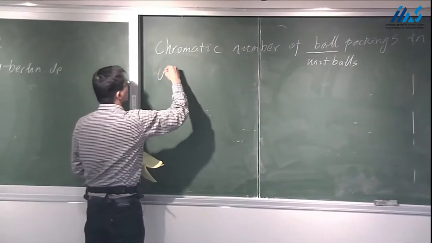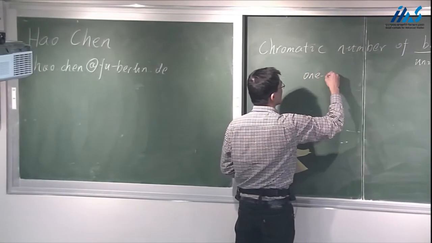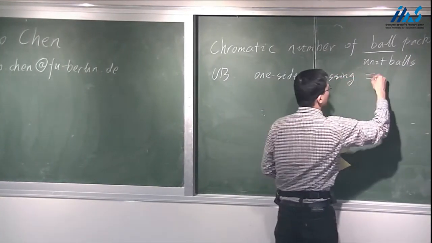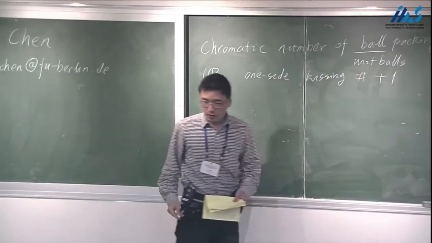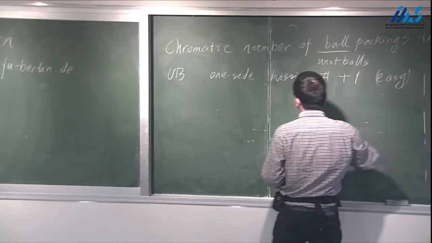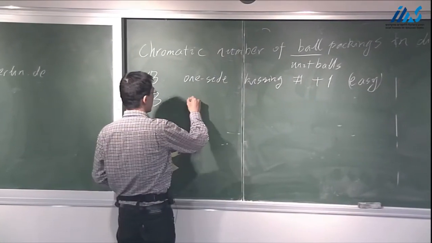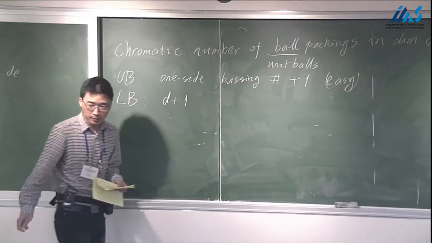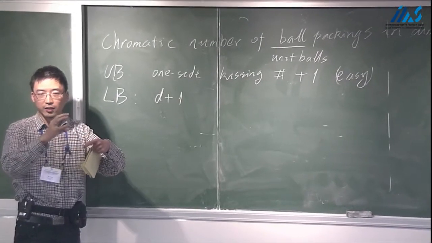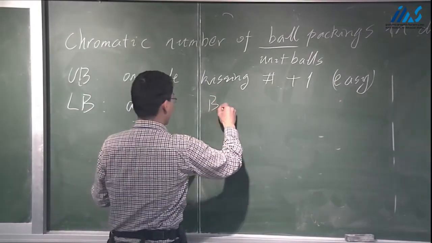And the upper bound is the kissing number plus 1. This is very easy. If you don't know the proof, later. And the lower bound, a trivial one, is D plus 1, because you can just put a ball at every vertex of a simplex. And this is trivial, but it's written down by